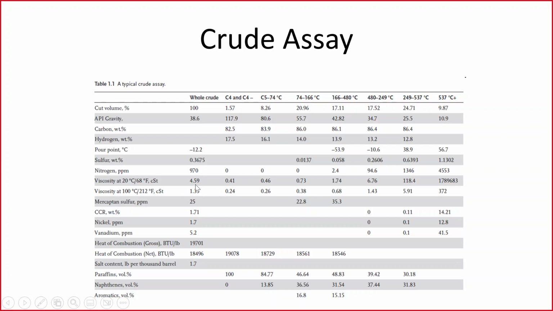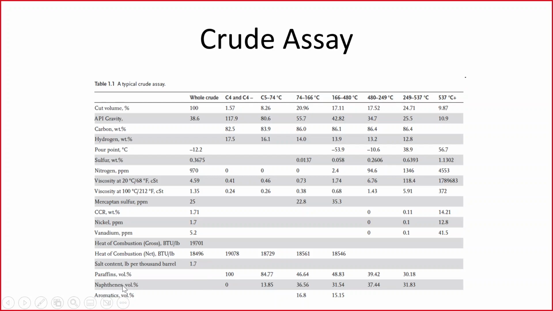This is 3000 ppm. We have some viscosity over here, in centistokes. We have mercaptan sulfur also in ppm. Conradson carbon residue. Nickel, vanadium, these are the heavy metals. There's this Conradson guy. So if, for example, you burn this sample, how much is the carbon residue left in it? That's it, if I can explain it right. And they have some tests on the heat of combustion, salt content, and then